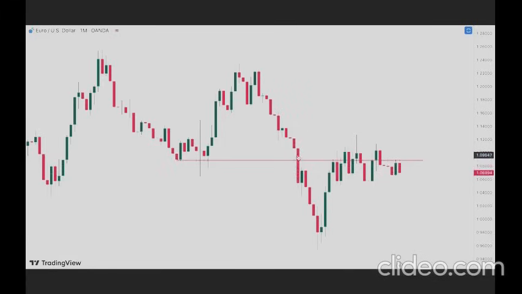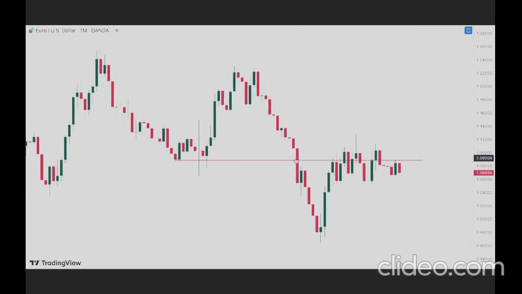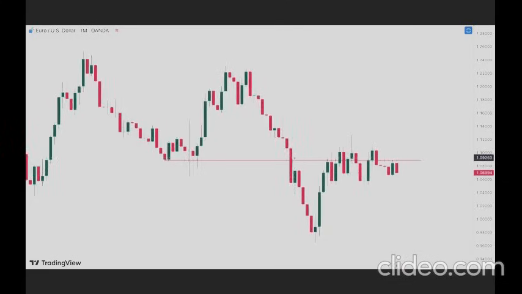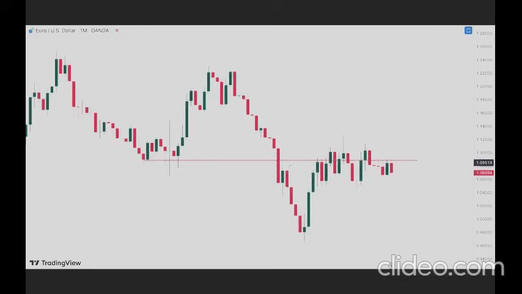Yeah, this was a big move. So it needed a strong candle or strong push like this to break this